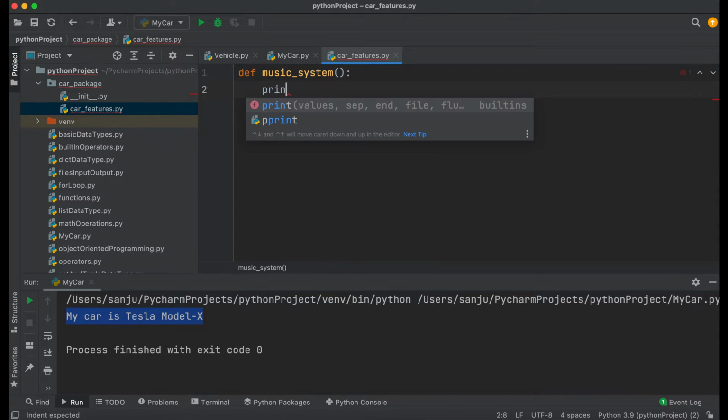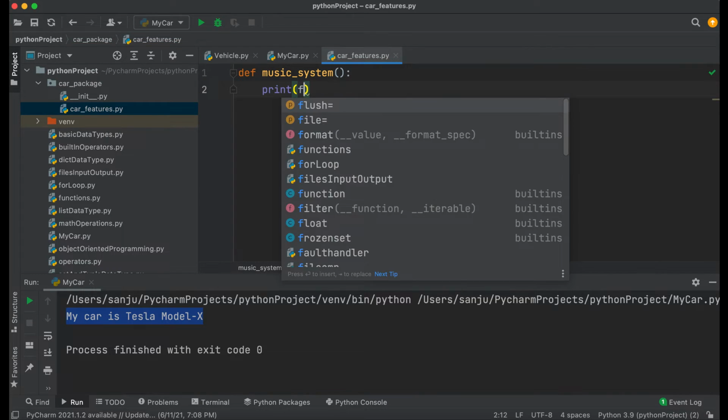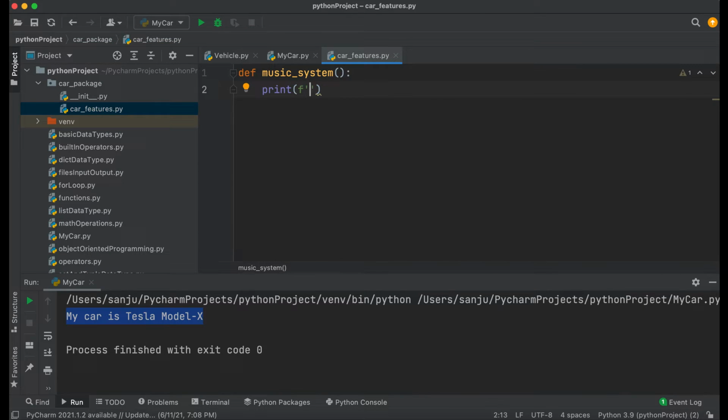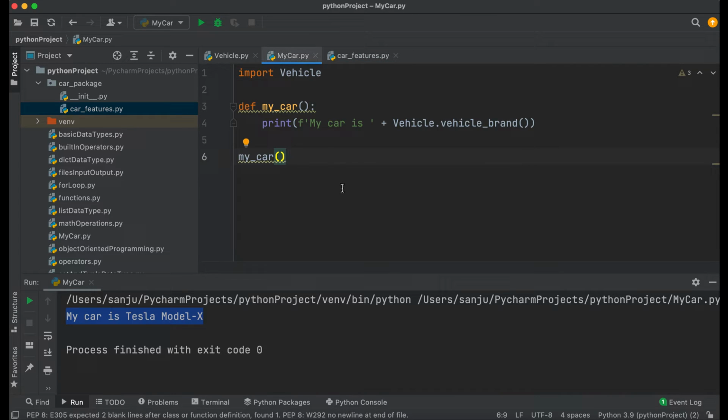And I can say, let's print something. For example, car has Boss music system. Okay, so I created this package, I created a module file in that, and I add one method in there. So now let's go back to our original script, like my car, and here I want to